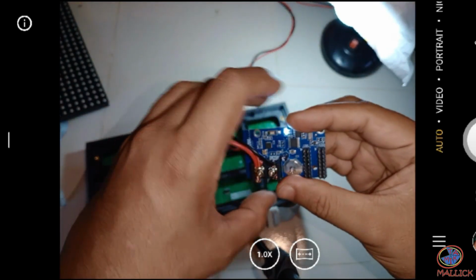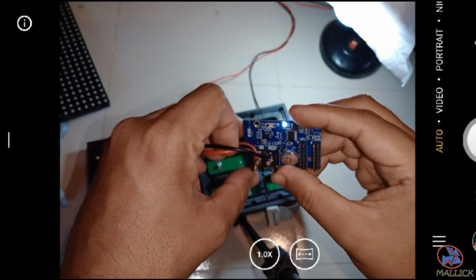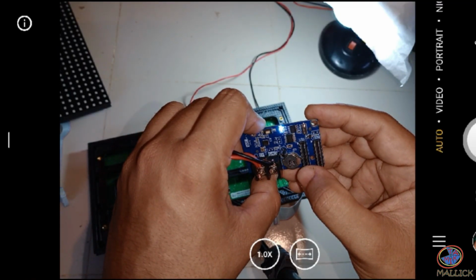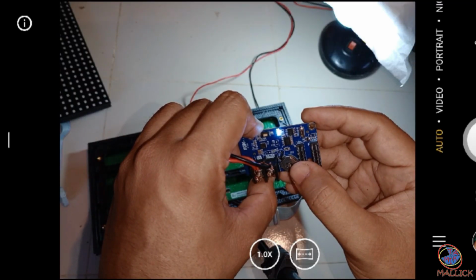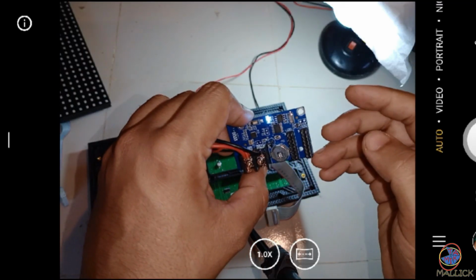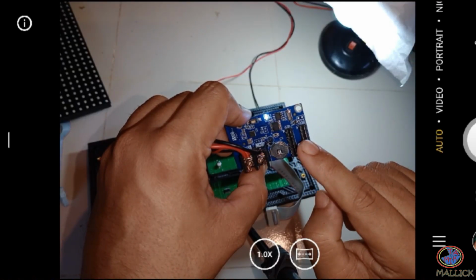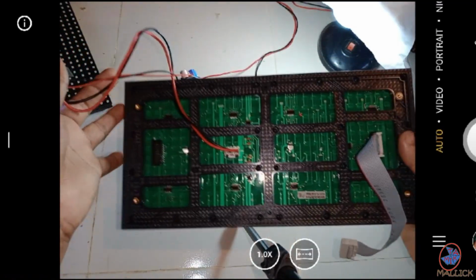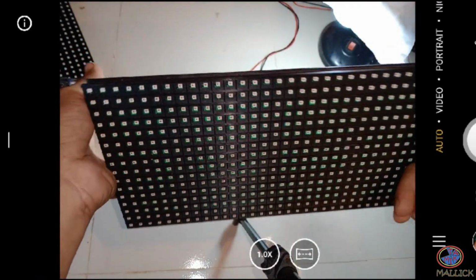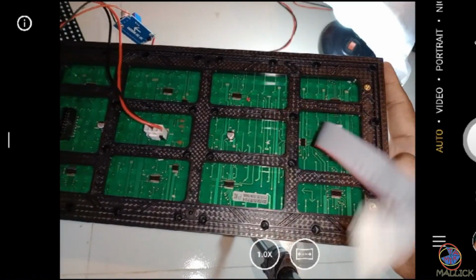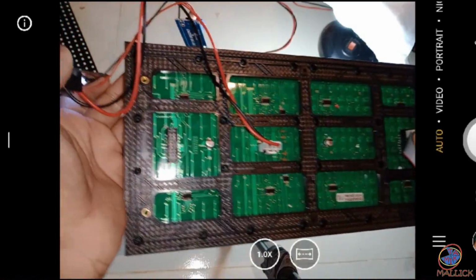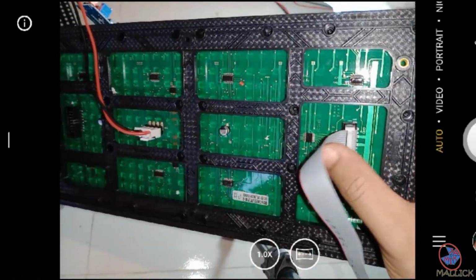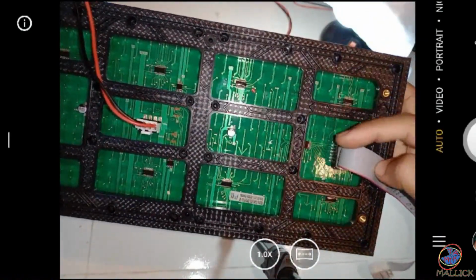You see, I have given here 5 volt, and here are two options, 12 into 1 and 12 into 2. Now I'm going to work with 12 into 1, and you see, this is the P10 display, as I'm using only one block. So I have to connect the connector here. You see, something is written here,